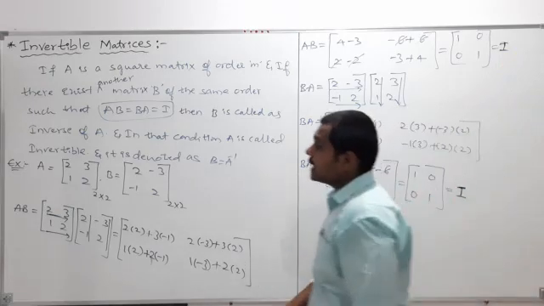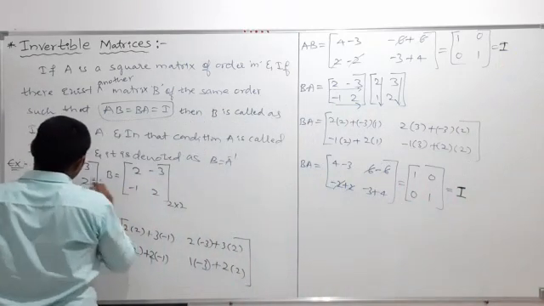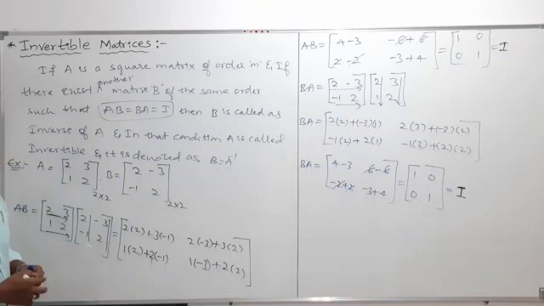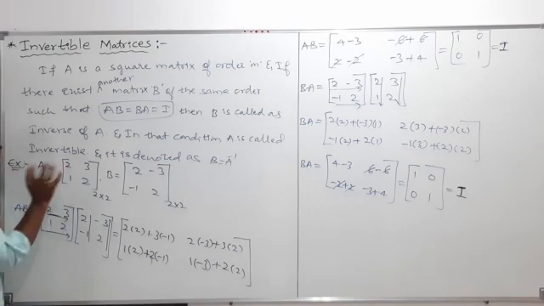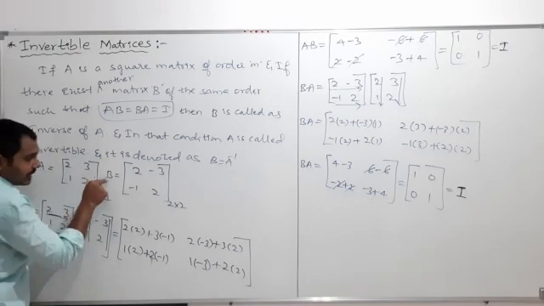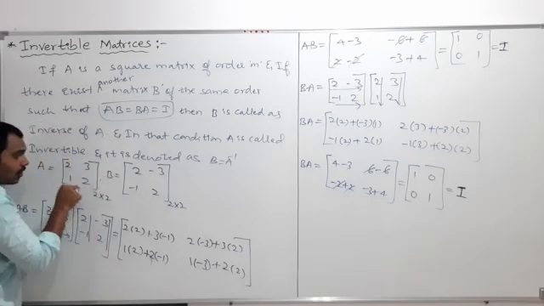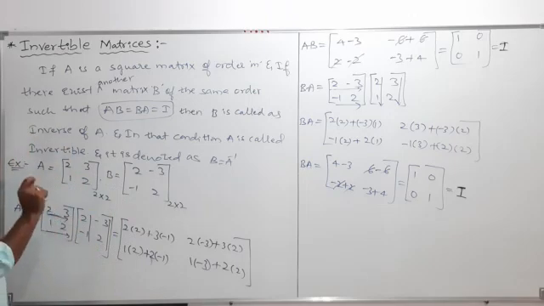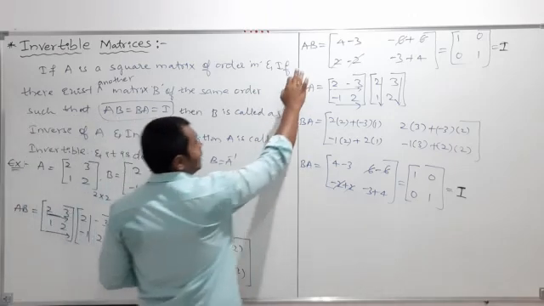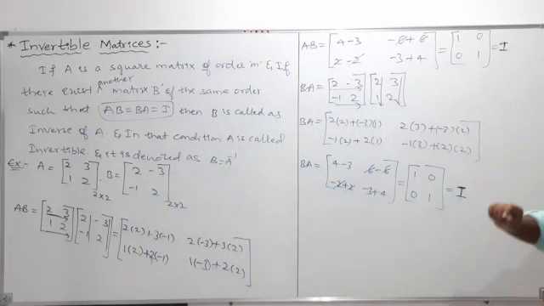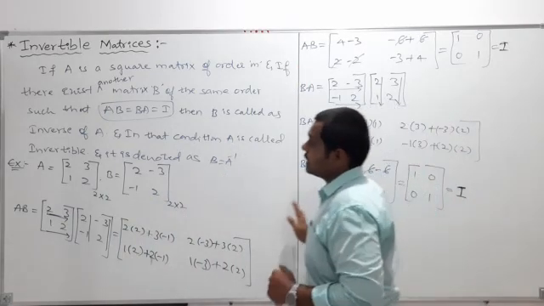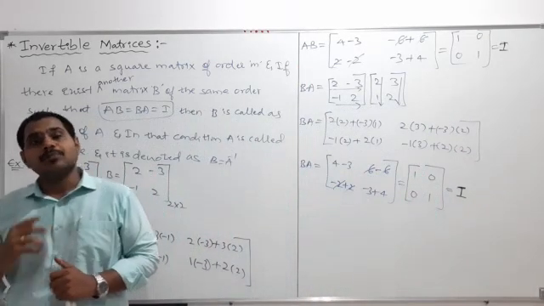So therefore we can say B is the inverse of matrix A. Clear? I explained this to help you understand the invertibility of matrices. Now you can easily understand: for any matrix A, if there exists another matrix B of the same order such that after multiplying AB and even BA, you are getting the identity matrix,